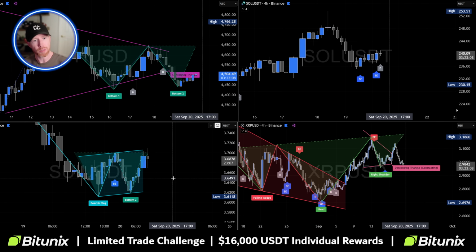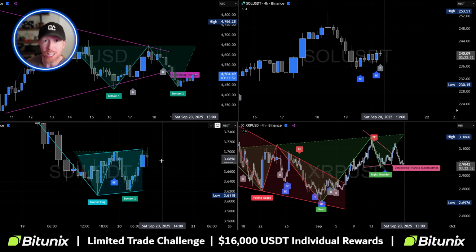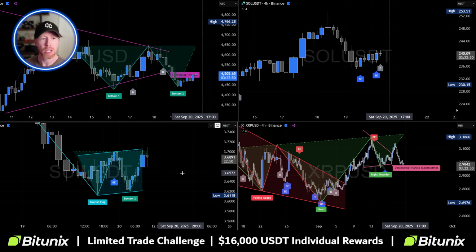Taking a look here at SUI, we do have a bearish type of flag pattern here, as well as a double bottom. Once more, we have a confluence there in opposite directions. So what does that mean for us? Well, it means that we have too many confirming factors in both directions based on patterns alone, letting us know it may not be advantageous to consider a trade with that coin.